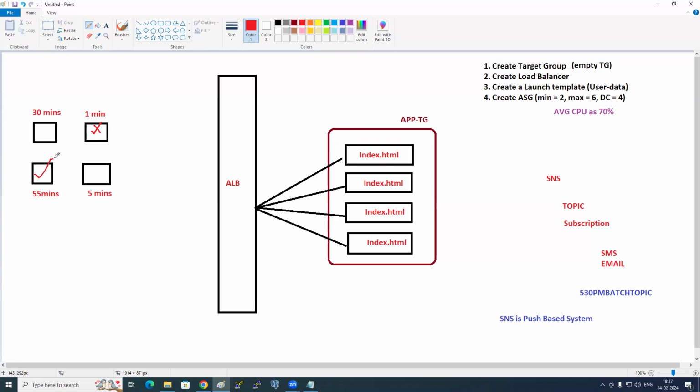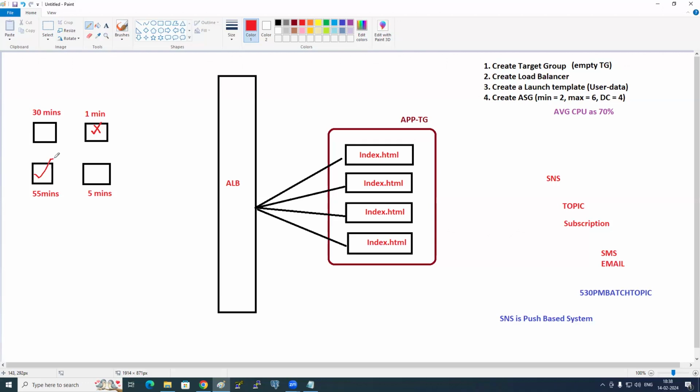Okay. So then who thought 1 minute? My answer is correct. Okay, I'll tell you the reason. Let's say we take the 1 minute answer. Just now the auto scaling group has launched an EC2 instance. How much time has it been? Only 1 minute. AWS charges per hour. If it is 1 minute, then 59 minutes are left, and if it gets terminated, those 59 minutes got wasted, no? Yes or no? That is lost for you as the customer.